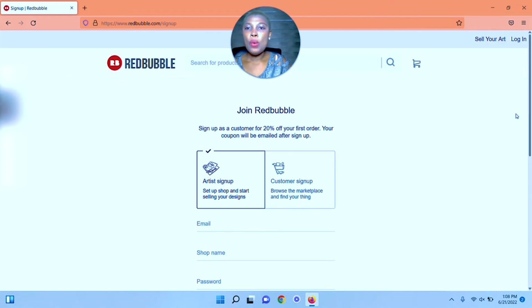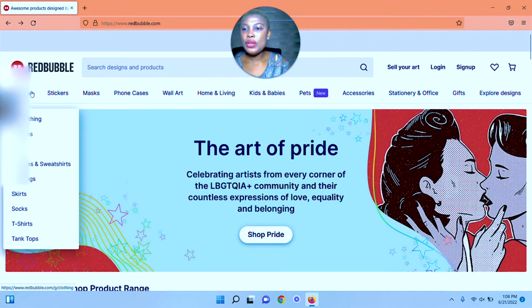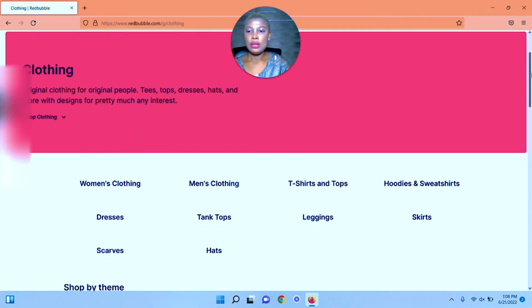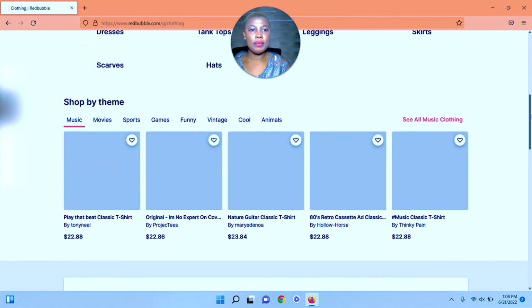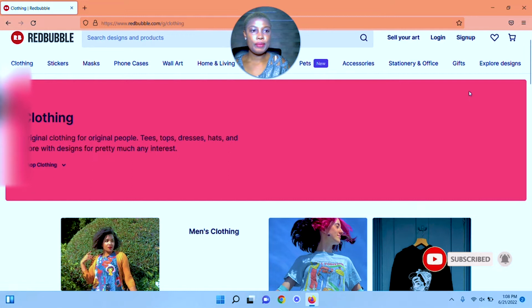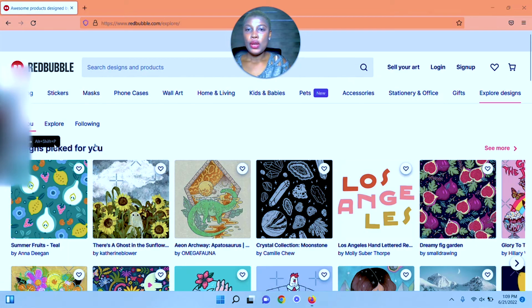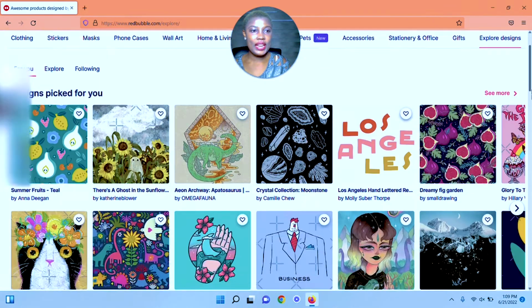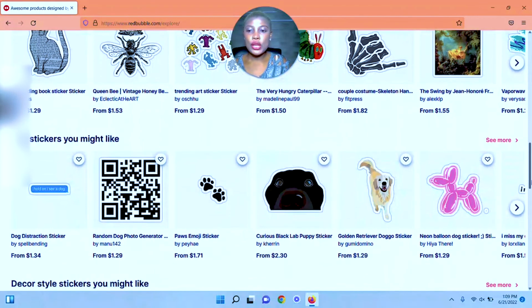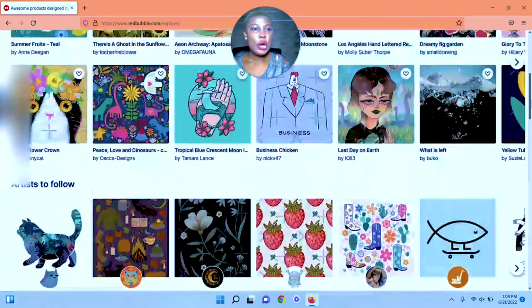And then I want to show you something else before we go on. When you come here, for instance, you look at all clothing. Let's look at that. You see here where we have options. We go to options. You can see all other people's designs right here. You see that. So people can choose however they want to wear your design.